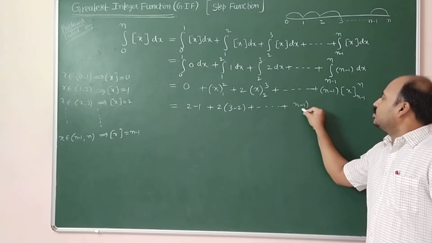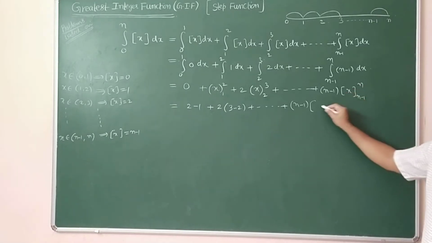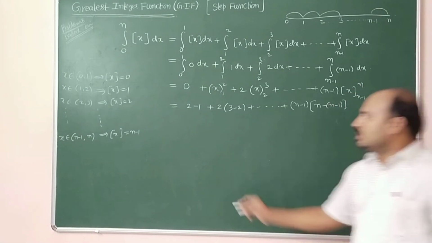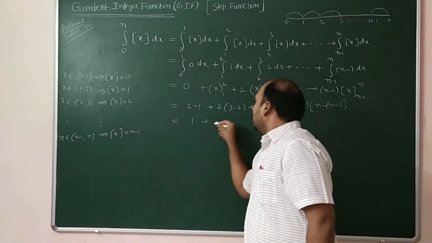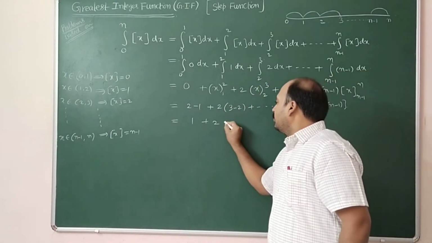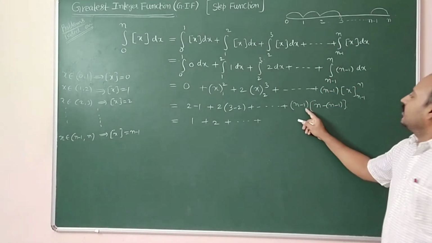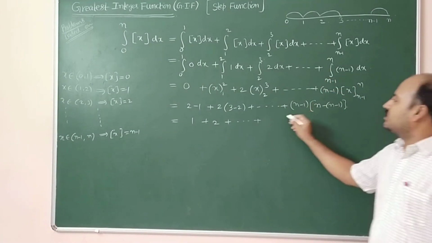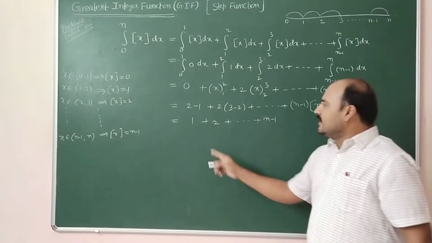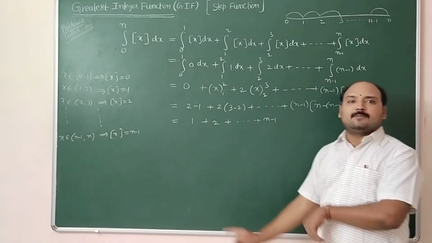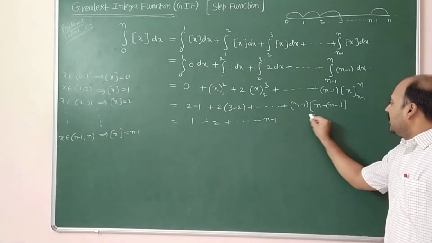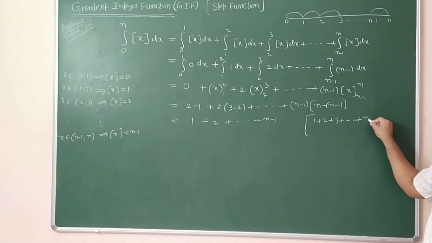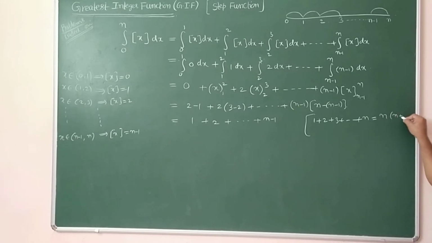n minus 1 into, first the upper limit you have to substitute, n minus of n minus 1. So now 2 minus 1, 3 minus 2 is 1, 1 into 2 is 2, plus and so on. Minus n plus n get cancelled, minus into minus is plus, 1 into n minus 1 is n minus 1. It is in the form of sum of the first n terms, but in place of n, if it is the sum of the first n terms 1 plus 2 plus 3 plus and so on plus n, the formula is n into n plus 1 by 2.